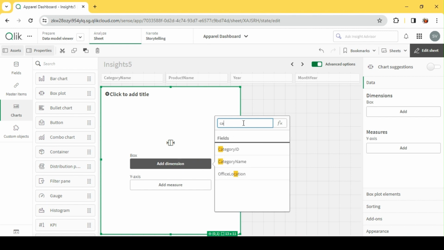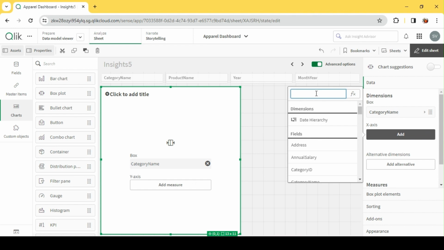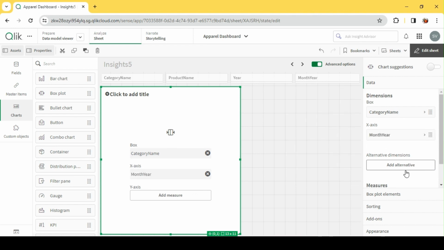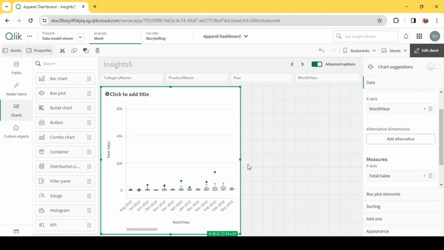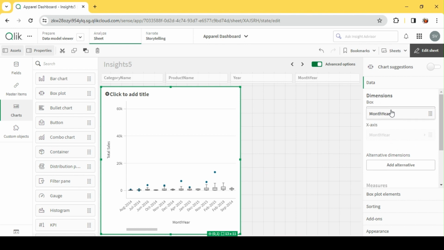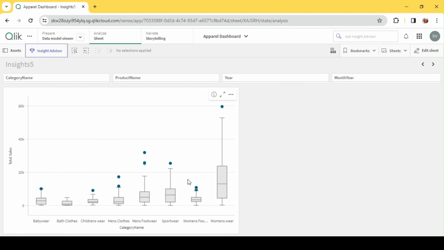So I'll start with few dimension. Let's say category. I'll add my month here, and then my measure is going to be my total sales. Okay, so I'll swap this. I want the x-axis to be my category. Okay, so now what we see here is for each category we get a box plot representation or a whisker,